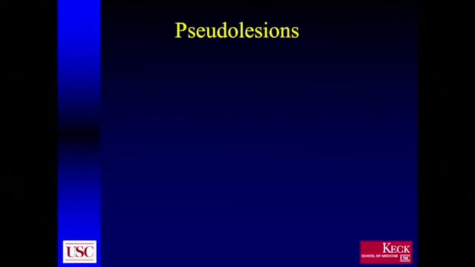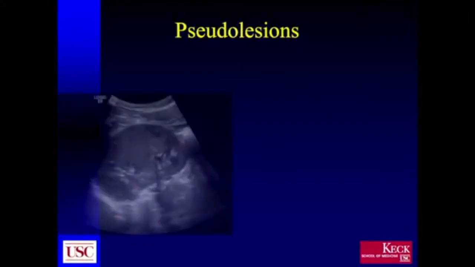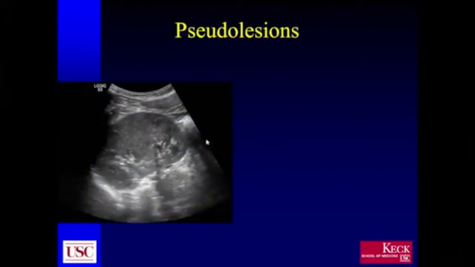Pseudolesions, again, are areas in the kidney that have a mass-like appearance, but in fact are normal parenchyma. Again, column of Bertin, scarring, and post-infarction may give you these pseudolesions. We see them commonly on grayscale evaluation. Here you can see in this grayscale image this large mass-like area in the central part of the kidney. We were certainly not comfortable with blowing this off as a column of Bertin,